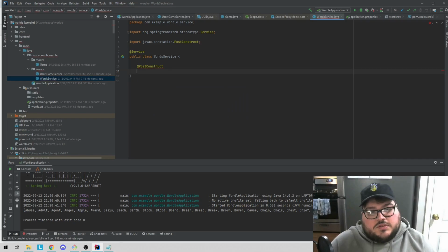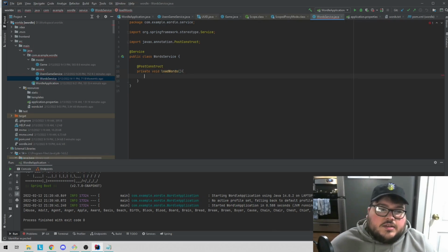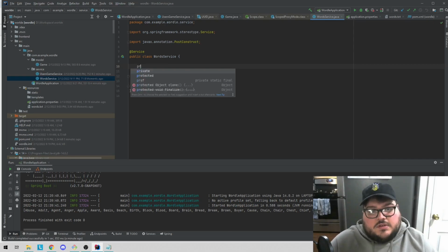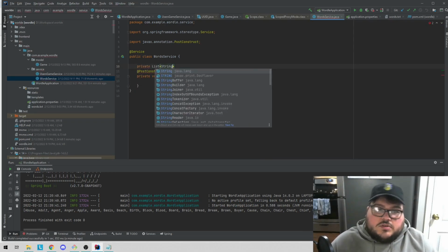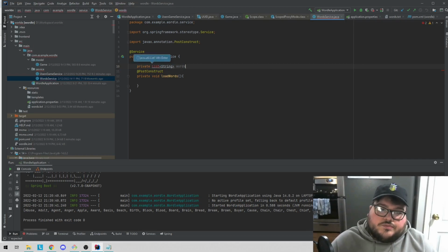The post construct will say private void load words, and here we'll have